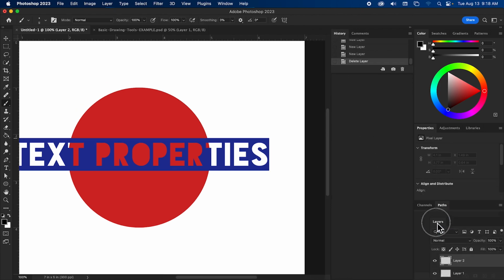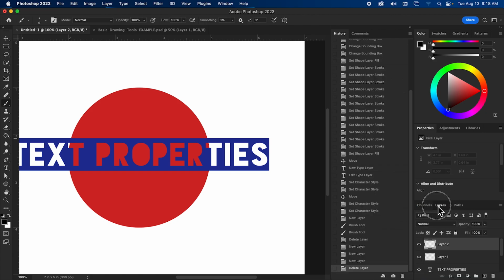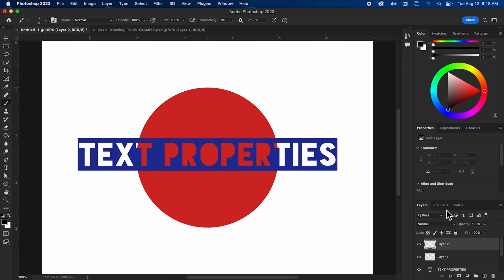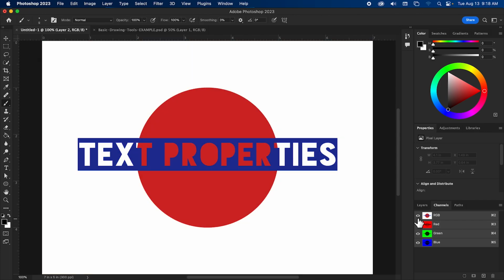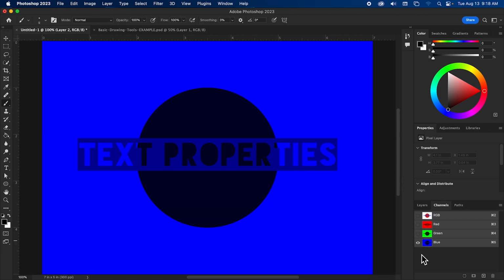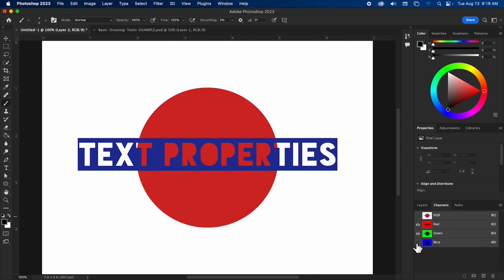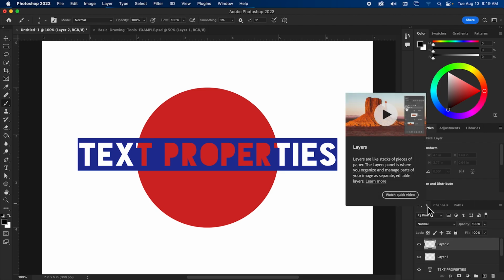Okay, going to go ahead and put this guy back down here. Channels and paths are not anything that we need to get into right now. But if you ever notice something weird happening with your colors, like it all goes black and white or something, that's usually because a channel or a path got turned off by accident. The command to quickly turn off the blue channel is Command 5, which is very close to Command Shift 5, which is what we use for screenshots, so keep that in mind. So if anything just looks weird, just check your channels. These should all be on all the time. Paths we don't have to worry about right now.